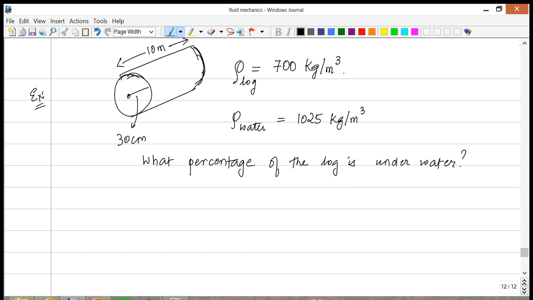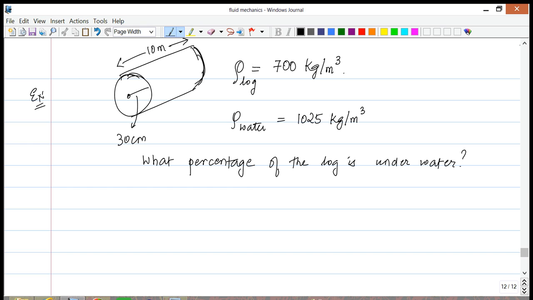Now, this is another idea that you really need to know how to answer. The first question you have to ask is, what do you mean? Is the whole thing not going to be submerged? Is the whole thing going to be submerged? The answer to that question is very simple. So the first thing is we look at this.